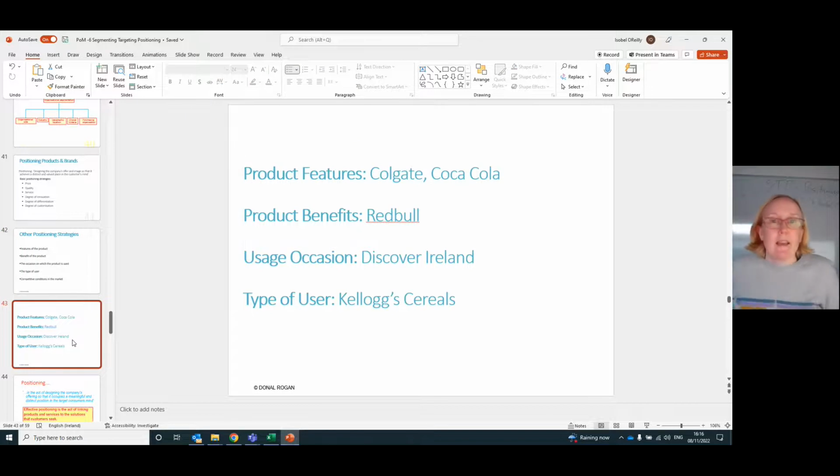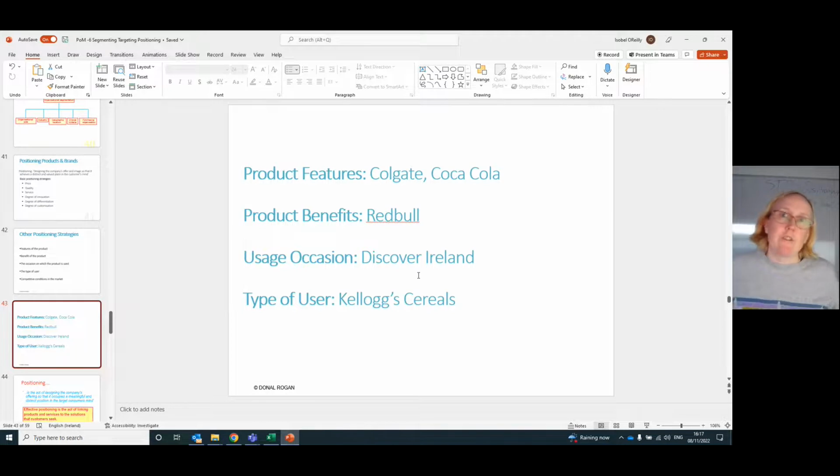So Colgate and Coca-Cola are positioned on their features. Coca-Cola is all about the taste, the unique taste. Some people just prefer Coke to Pepsi or whatever brand is out there that makes up that tiny proportion of other colas. Colgate, as I mentioned, segments by the different types of toothpaste. So with cola, they are, as I said, positioning on taste, but the features are diet or regular, and so on.